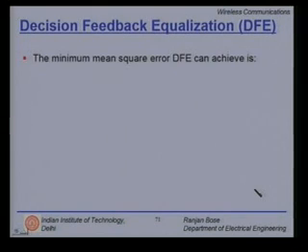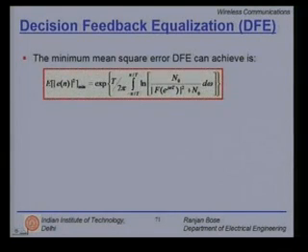Now, again we have to talk about how good or bad is your DFE. So, we have to resort to the minimum mean squared error. So, the minimum mean squared error for DFE can be given by the following equation. Expected value of error squared minimum is e raised to the power T over 2 pi, integration from minus pi by T to pi by T, log of this expression. Please note, we had a previous expression where both the exponential and logarithmic were missing.